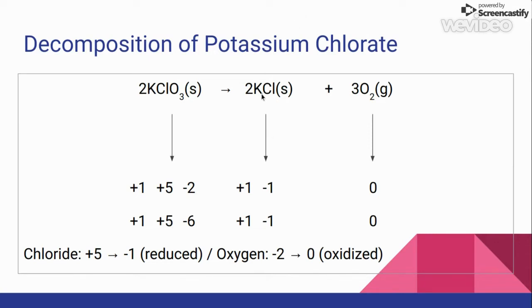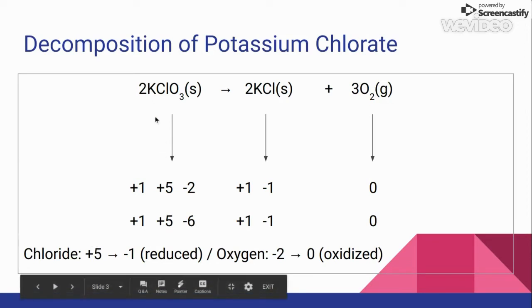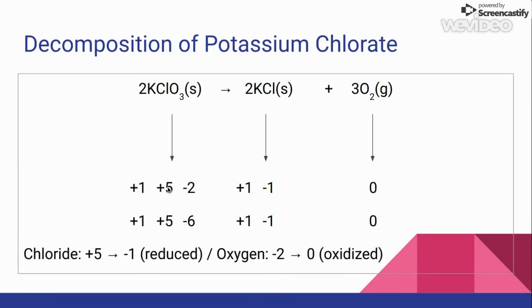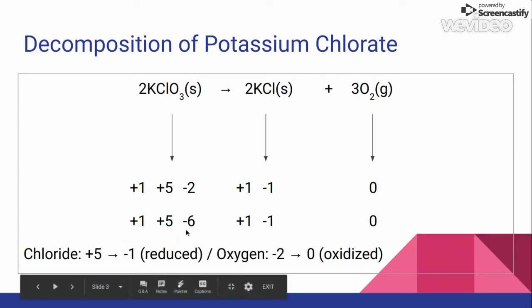If we go over to KCl over here, we know that K has to be +1, so Cl must be -1 to get that 0 oxidation state. And then since O2 is a gas in its elemental form, O has to have an oxidation state of 0. So which atoms changed oxidation states? Well, chlorine went from +5 on the left-hand side to -1 on the right-hand side. So the change from +5 to -1 means that chlorine gets reduced,